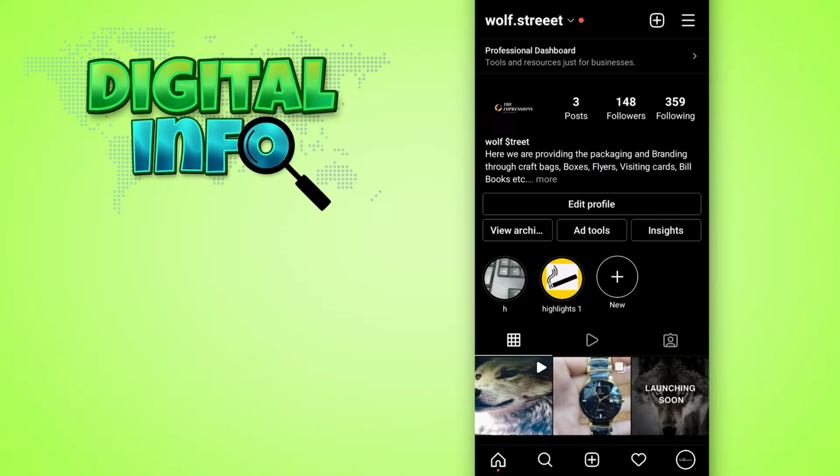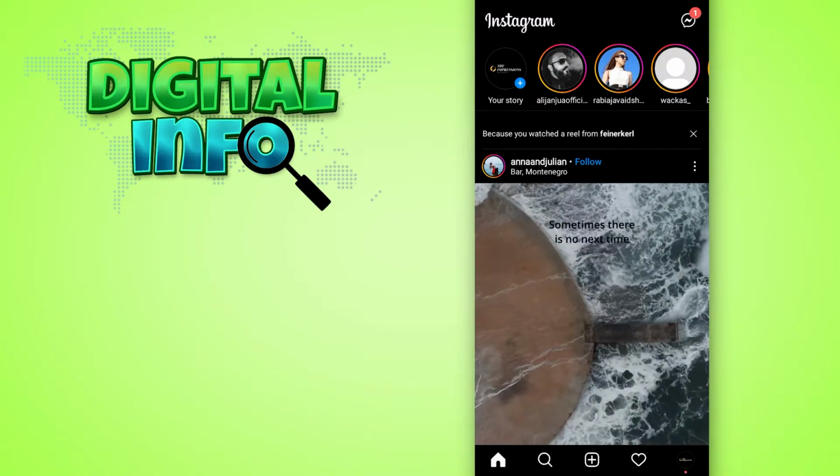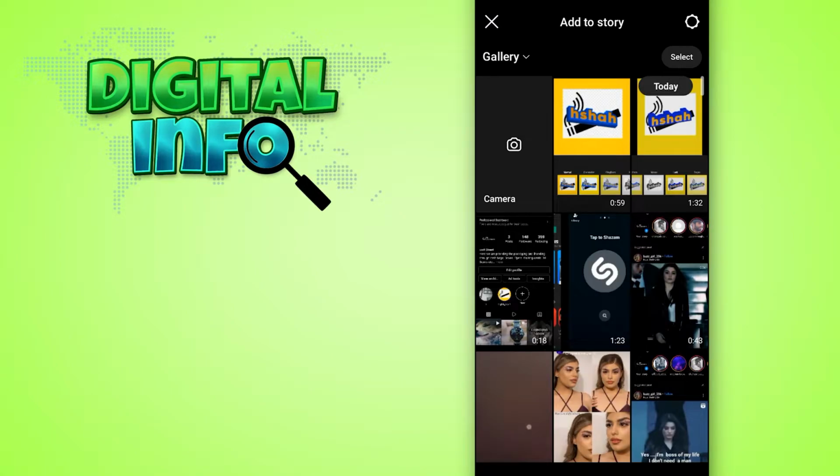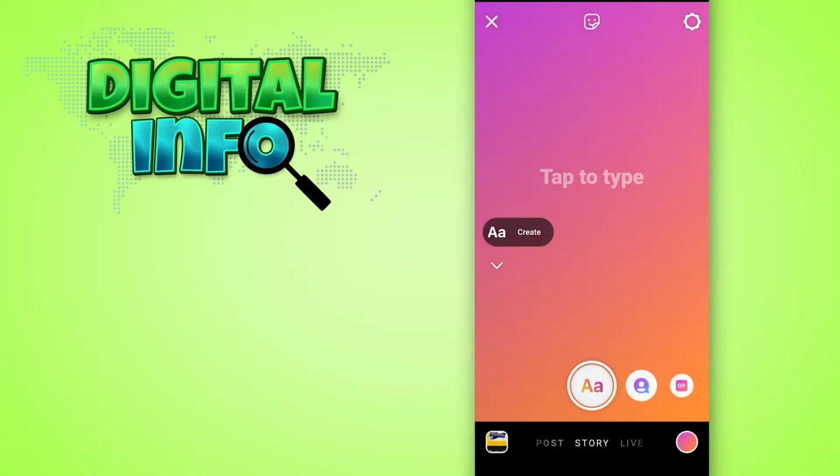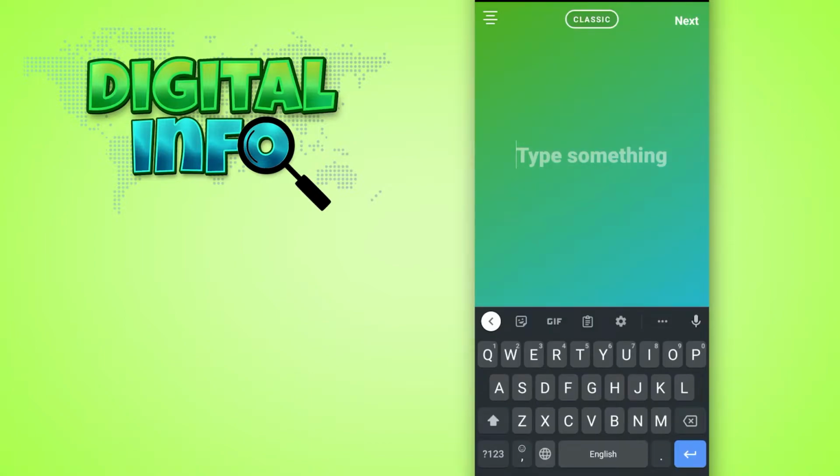So let's start. First of all, you have to log into your Instagram account and then go to your home page. Click on the your story option and here you just simply select camera and then click on create. And here you just simply select a background if you want to change it in the bottom right corner of your screen. And here you just simply tap to type and type something,